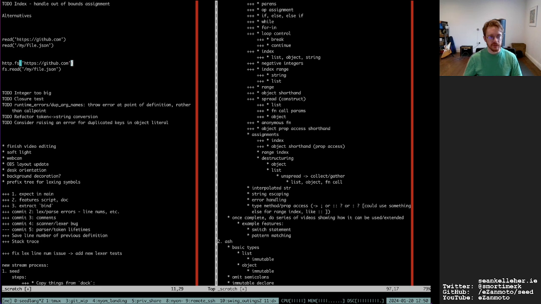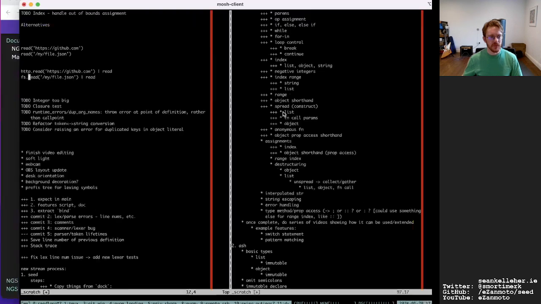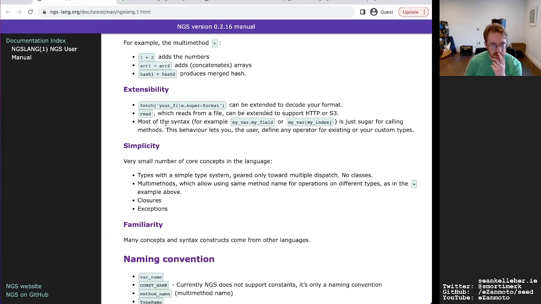It's kind of tricky. HTTP read, fs read, and then pipes into, well, I'm not even sure what can be extended to support HTTP or S3.